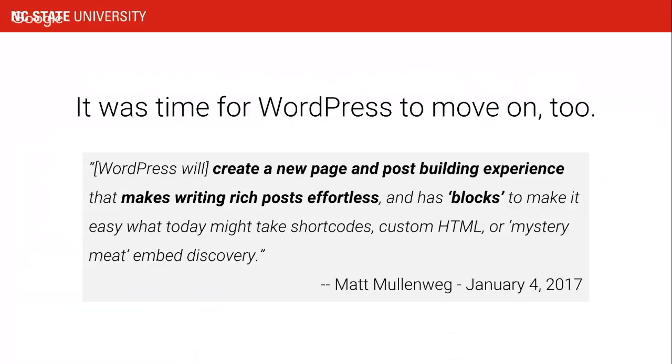And so here's a quote from Matt Mullenweg. Matt is one of the co-founders of WordPress, and he's sort of the design lead and development lead. He doesn't write a whole lot of code anymore, I don't think, but he's the person who sets the tone for where the WordPress project is going. And last year in January, he announced what the new development focuses would be for WordPress. And one of those focuses was to create a new page and post building experience that makes writing rich posts effortless and has blocks to make it easy to